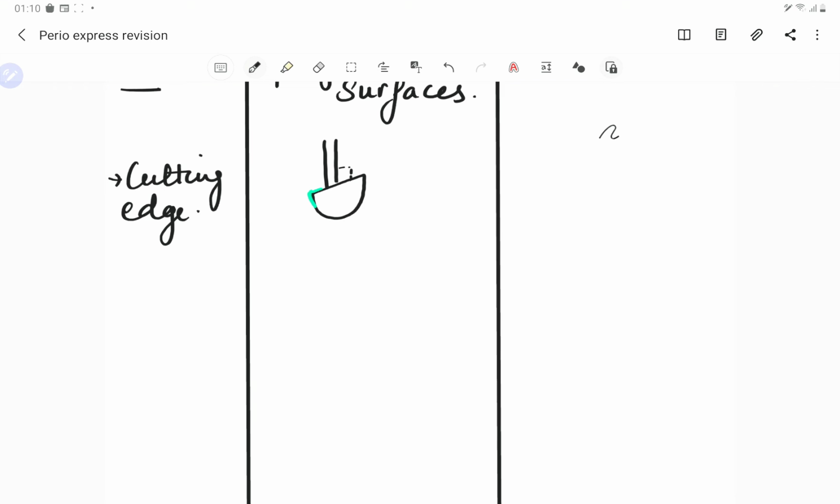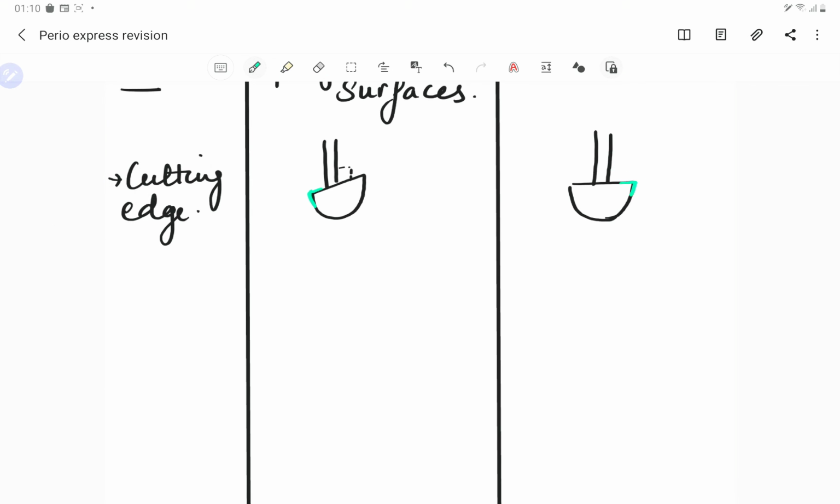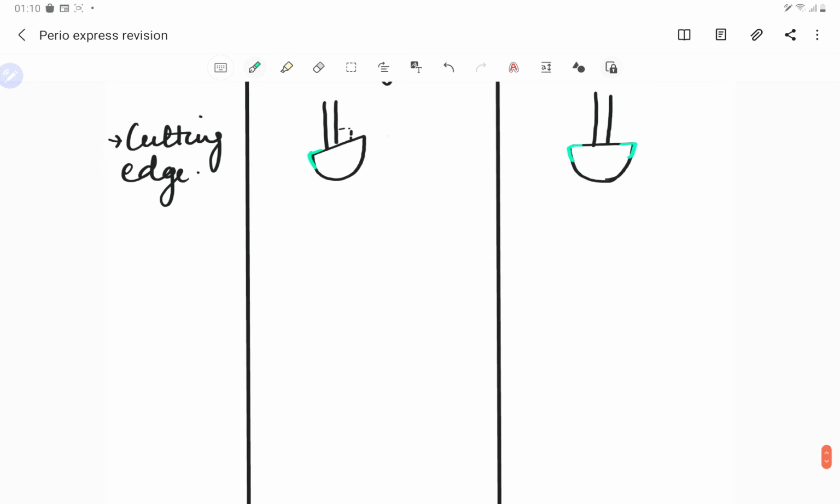But if we look at the universal one, so it has got two cutting edges. Which one? The lateral ones. So these two cutting edges. So cutting edge for the Gracie curette is only one, which is the outer edge. But for universal curette, both the cutting edges, both the lateral edges are the cutting edges,